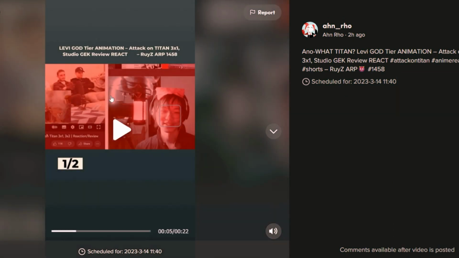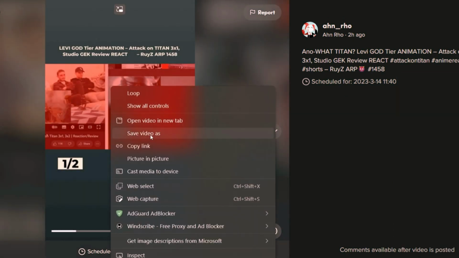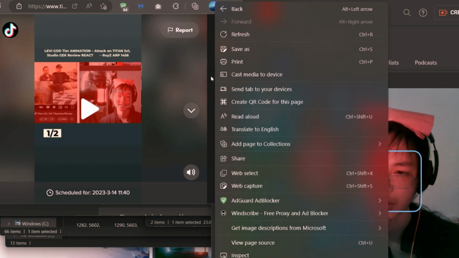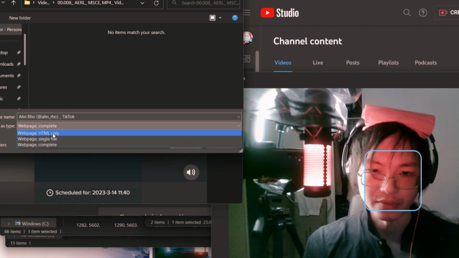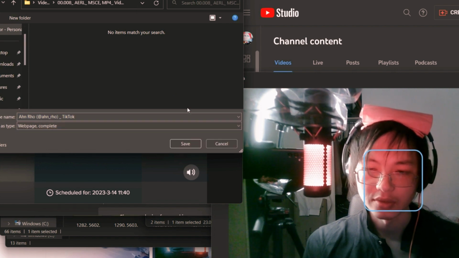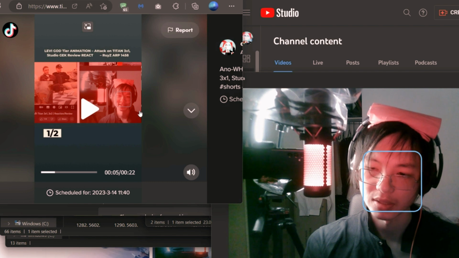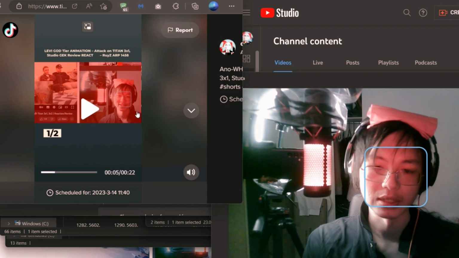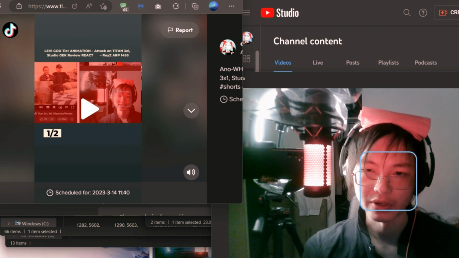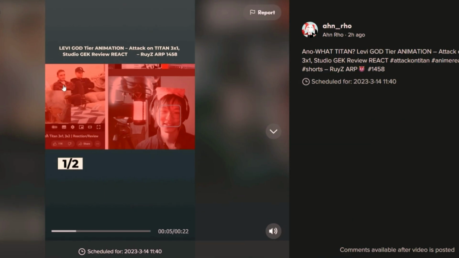Whatever it was, for some reason I would right click and the save video as option was either blanked out, or grayed out, or you could not do it. And instead the option was only, as you do on the browser, save as, and then it only delivers you to an HTML web page. So you can see right here, HTML only, single file complete. Very fucking annoying. I wasted about 40 minutes, sorry, not an hour. That's a long ass time trying to figure out how to download. So what I ended up doing was